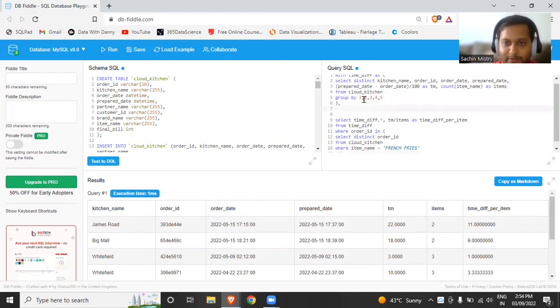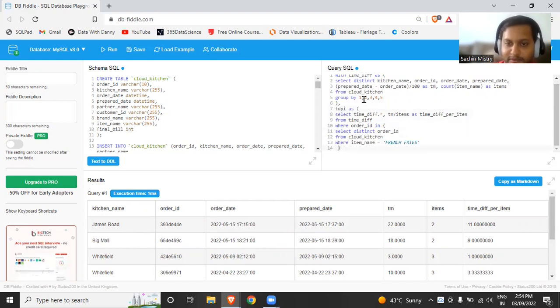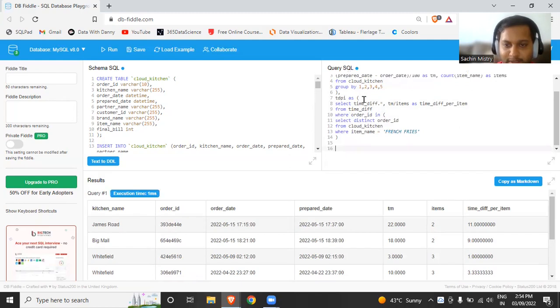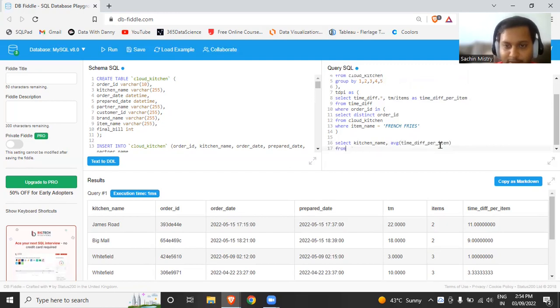Now what we'll be doing is we'll just use this as a CTE as well. So let's name it time difference per item. So I'll just use the short form over here. And this is one more CTE, which is my final table. And on this table itself, I'll just be doing a kitchen name. So I'll be selecting the kitchen name over here, and I'll be taking the average of this particular field. And from this table,